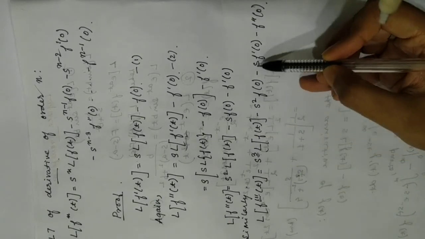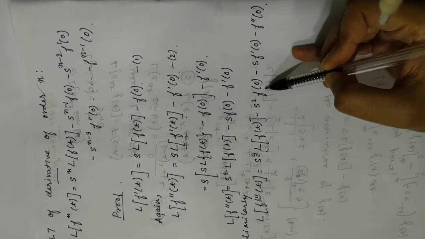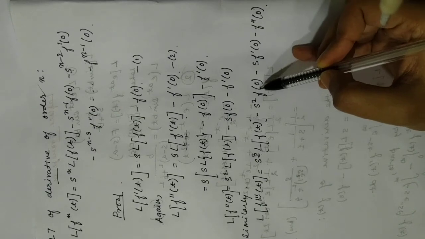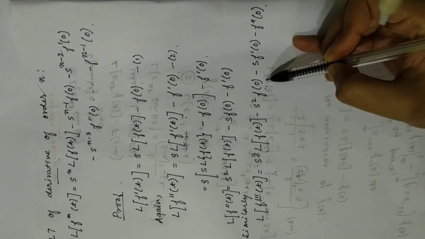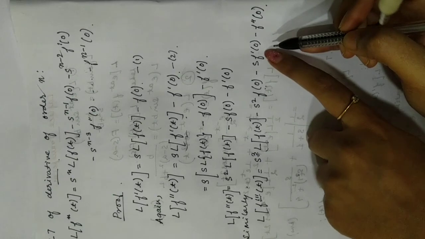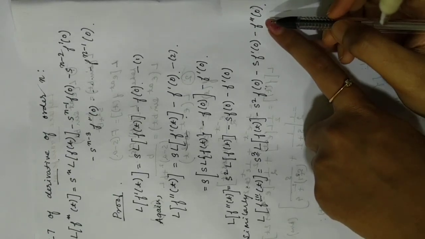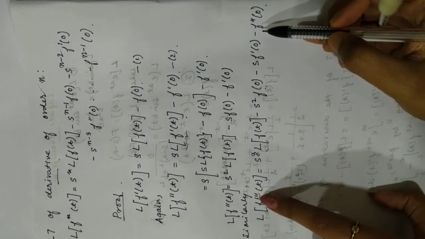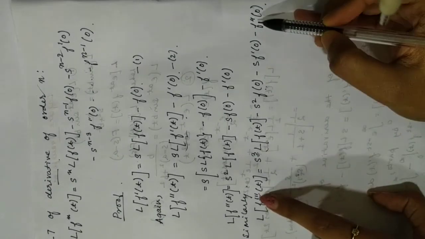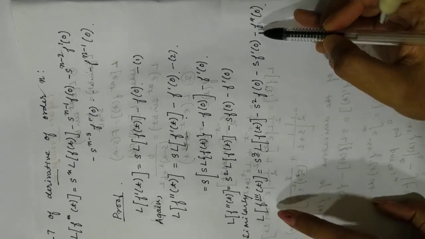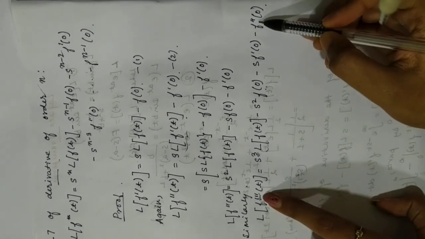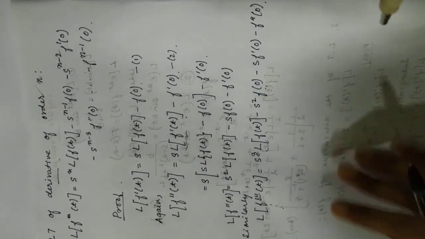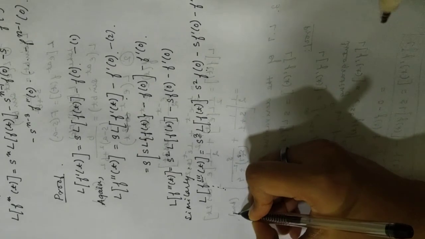The powers keep on decreasing and the derivatives of f(t) keep on increasing, that is, first you have f(0), then you have f prime(0), then you have f double prime(0). We end at a value which is less than the order. That means if you have 3 over here, you will end on 2. So if you have n over here, we will end on f^(n-1). So from this we can finally conclude that the Laplace transform of